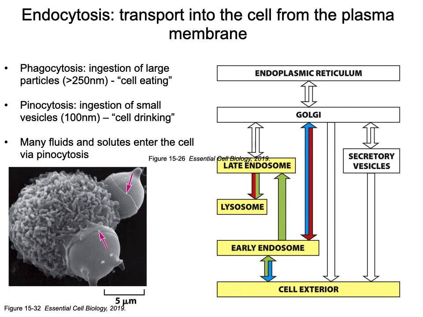So we've been talking about vesicle formation, and so for endocytosis, this is where we are going to get transport into the cell from the plasma membrane, right? So we're moving from the cell surface, the plasma membrane, and then we're bringing material into the cell, and we could bring this in as an early endosome, or we could be calling this a phagosome, and that material could end up going to the Golgi, or it could be developing into a late endosome, where then it would be fusing with the lysosome. Okay, the process of endocytosis,